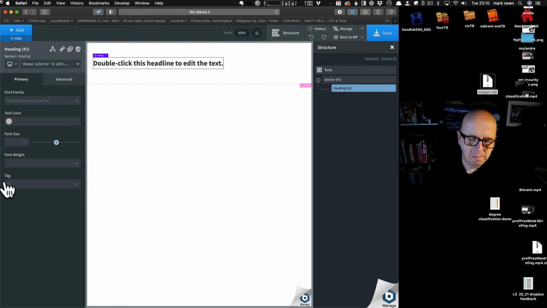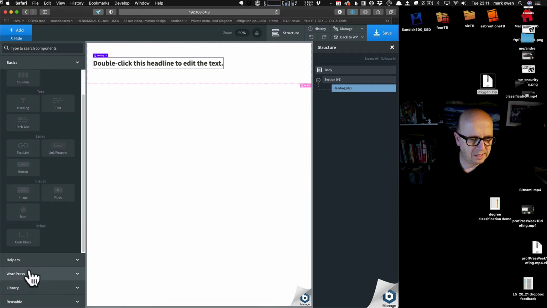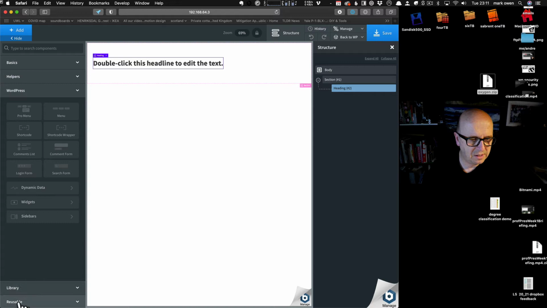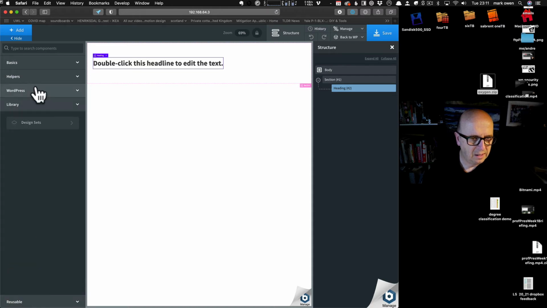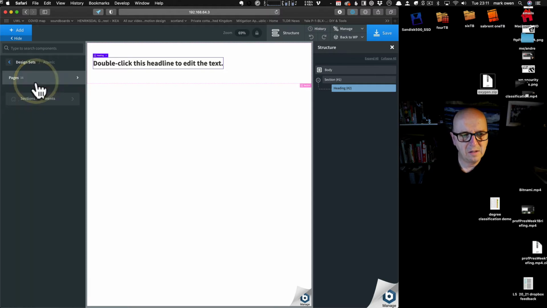And so this is a completely different way of working with WordPress. It's building a website with WordPress, but code free. And if you just click here, and you just go add, and this time let's go down to not WordPress, let's head down to design sets, and in design sets you can go into all of these pre-made design sets. So within the